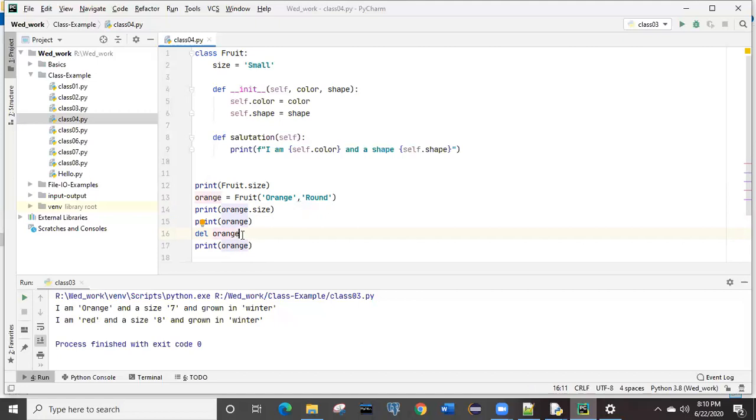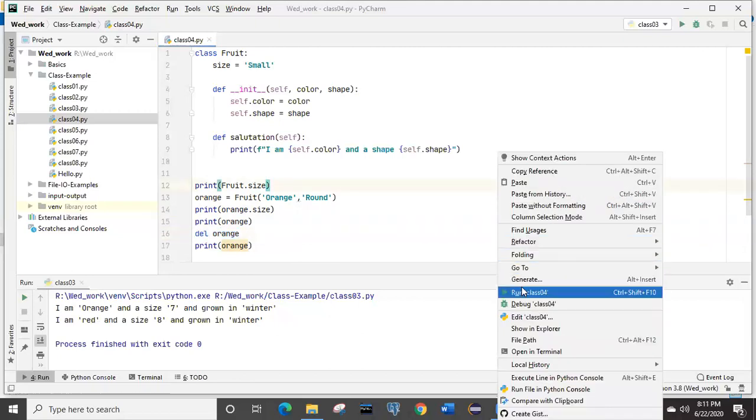If orange is deleted in line number 16, that object itself is getting deleted, then in line number 17 it should not give you any kind of output, right? Because it is deleted. Got it? Yeah. So we'll run it and cross verify the output from line number 12 to line number 17.